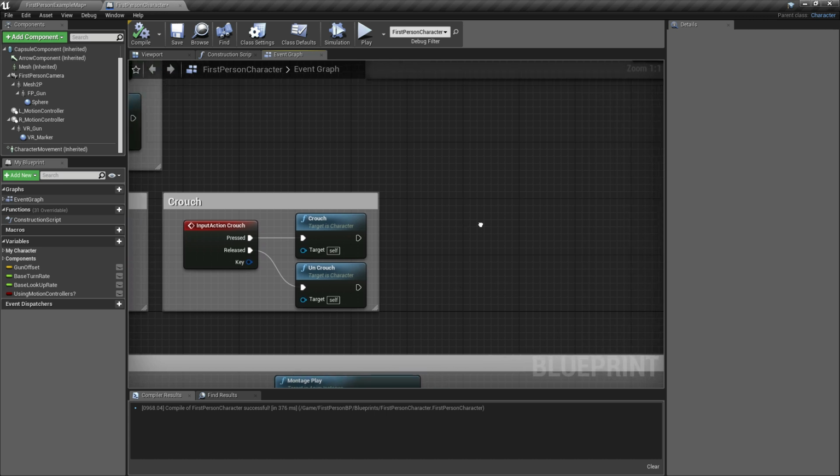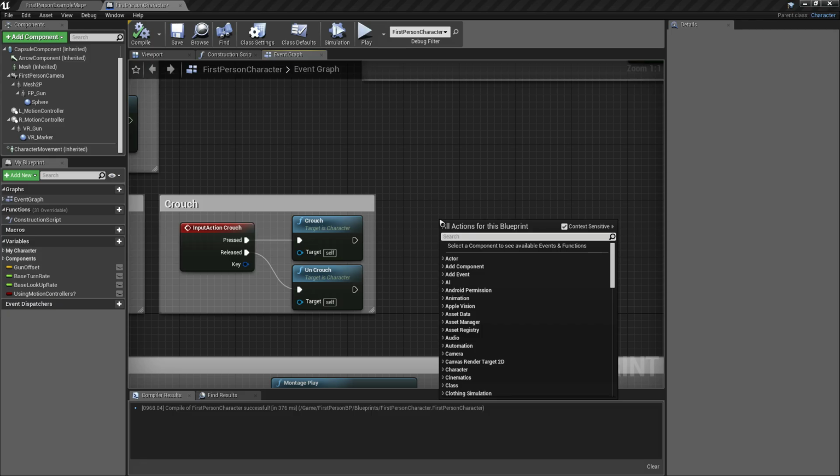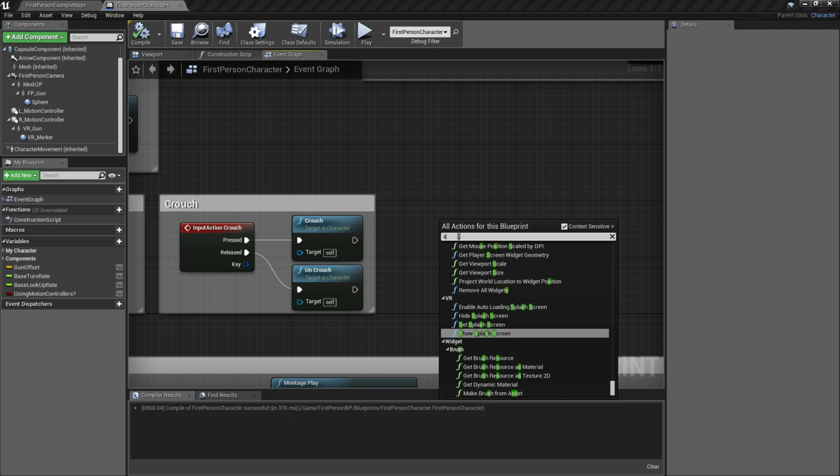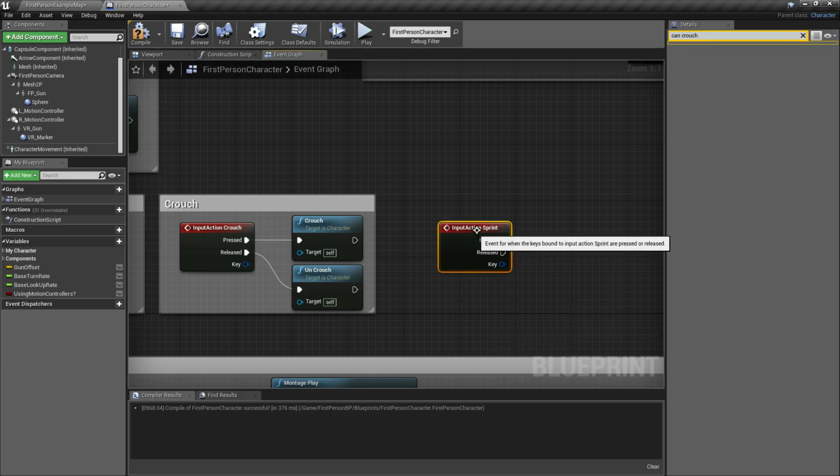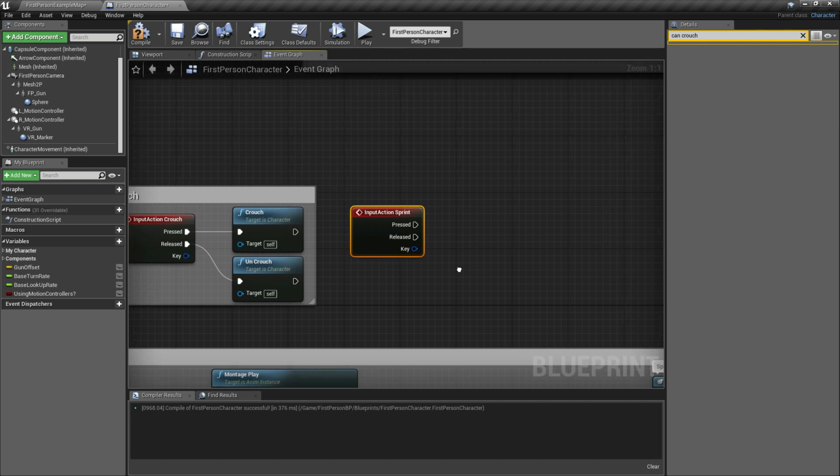Inside the event graph, we're going to call the input action node of our sprint that we created in the project settings. So just search the sprint so that we can quickly locate the node. And this is the action event for the sprint.